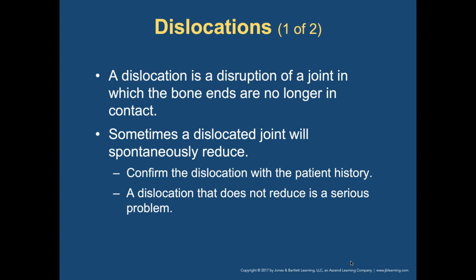Sometimes they are completely torn. It could be a partial tear too. So this is going to allow one of the bone ends to separate completely from the other, so the tendons may have to be reattached. A fracture dislocation is a combination at the joint in which the joint is dislocated and there is a fracture at the end of one or more bones.